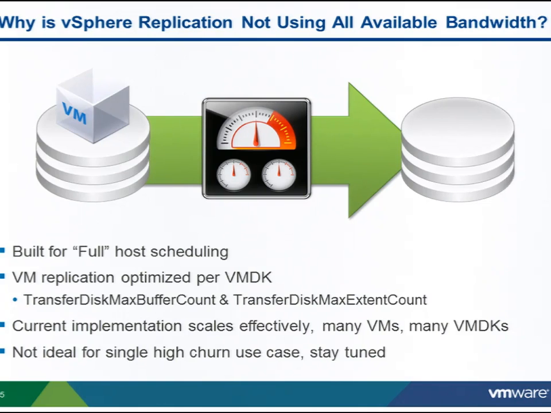It takes a look at all of the replications that it has. The host agent takes a look at all the replications it has configured. It aggregates those change blocks at the time of writing, and it will ship them all together per VM, but as an aggregate transfer called the lightweight delta. So it's designed to scale for multiple VMs, and we have these various limits set in place that will,